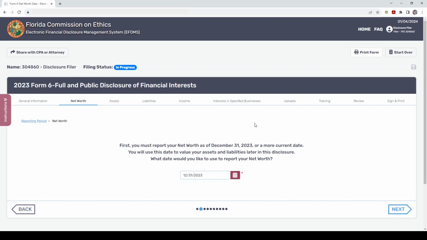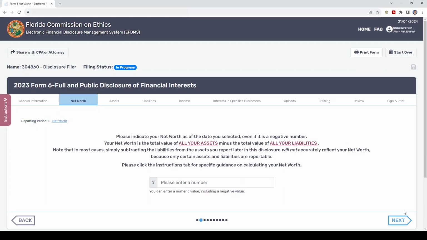The date that you pick you'll be using not only for this section, the net worth section, but for the next two sections as well, assets and liabilities. For our purposes, we're going to be disclosing our net worth, assets, and liabilities in this video as a snapshot of December 31, 2023. So we're going to leave that date there, and then we're going to click Next. Now that we've selected a date, it's going to ask us